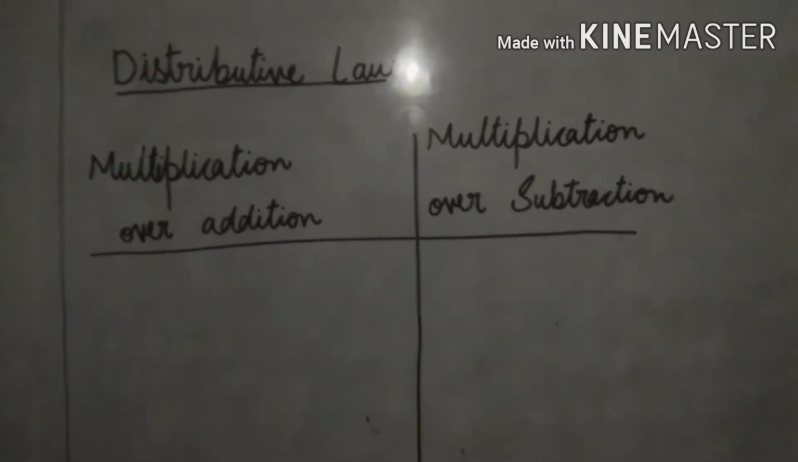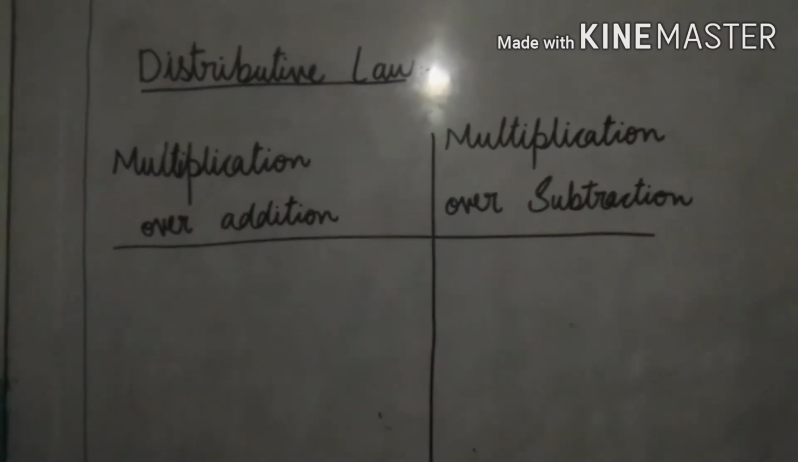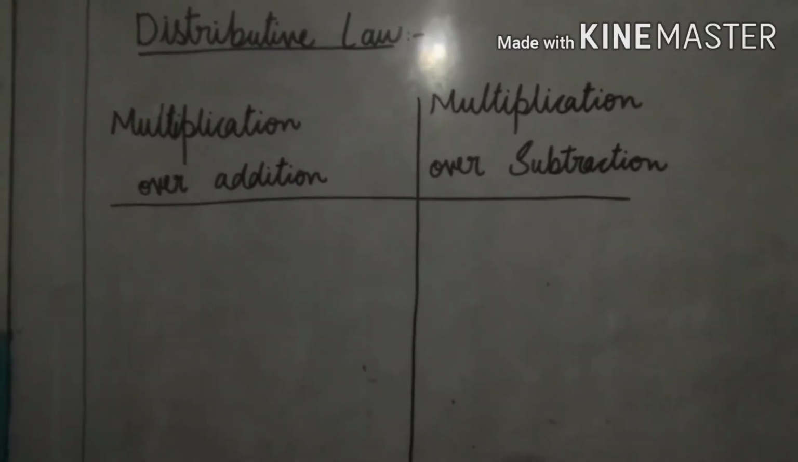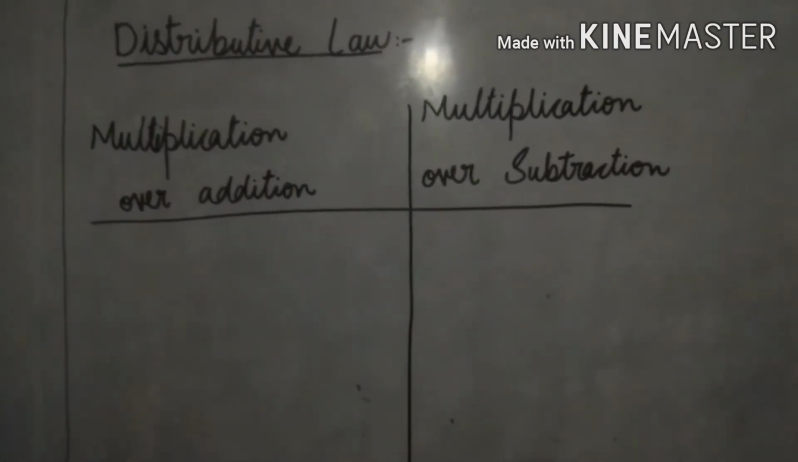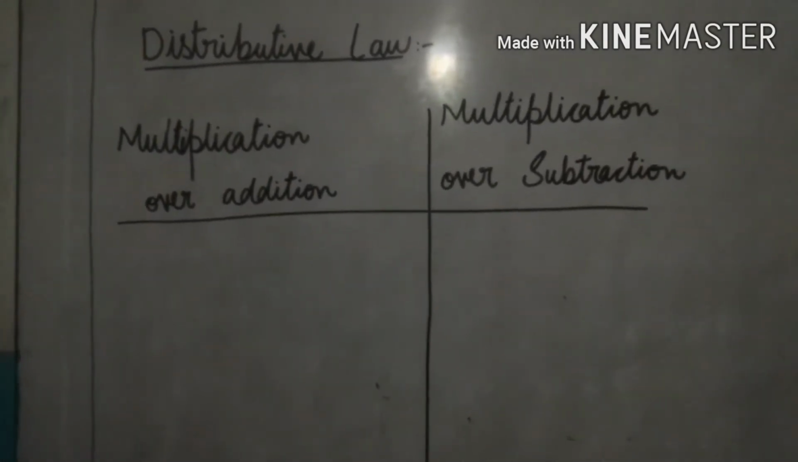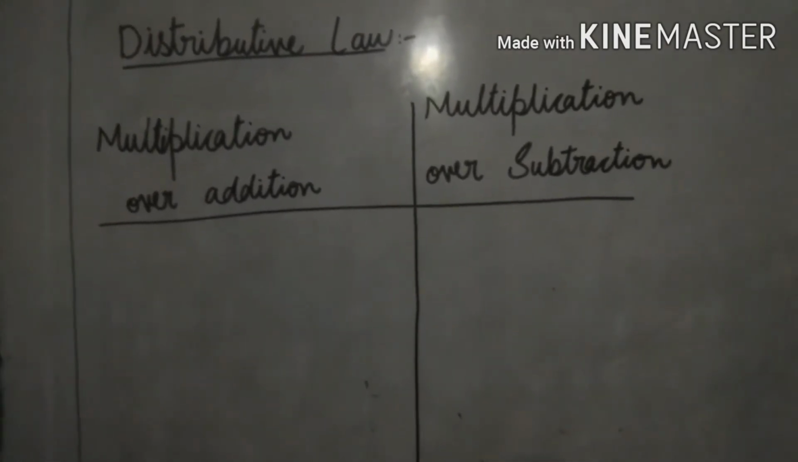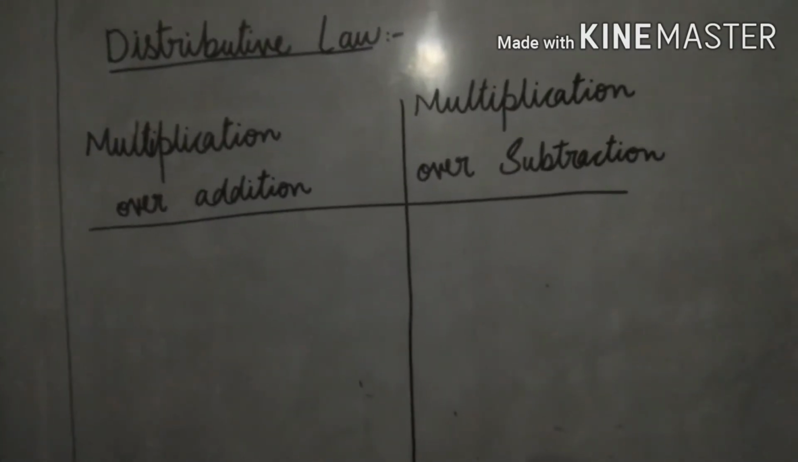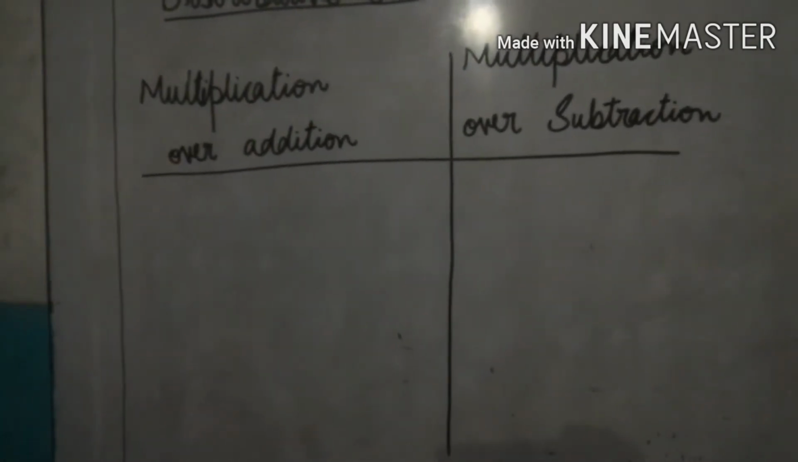Next topic we have is distributive law. We will study the distributive law of multiplication over addition and multiplication over subtraction. In the distributive law of multiplication over addition, the product of a whole number and the sum of other two whole numbers is equal to the sum of products of the first whole number and each of the other two whole numbers. For example,